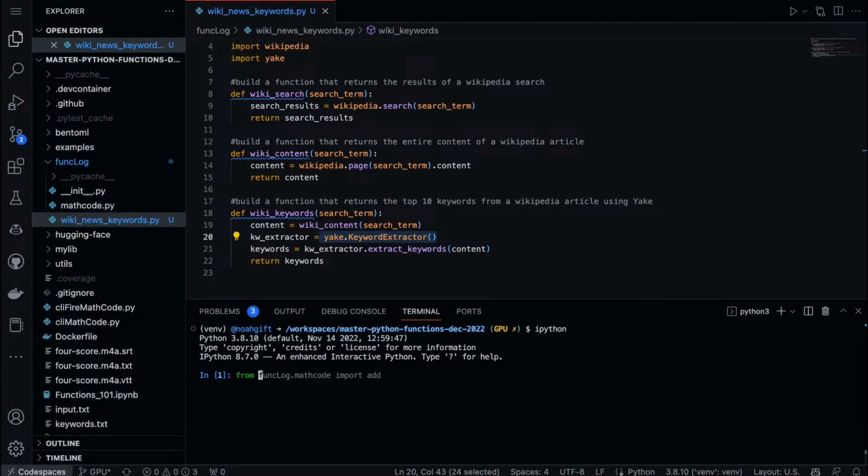So from func logic dot wiki news keywords import all. And we say who, that shows us what's imported.